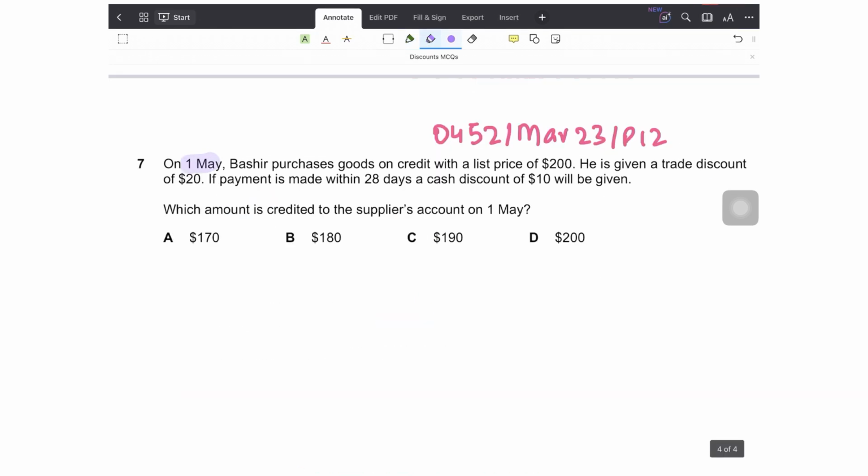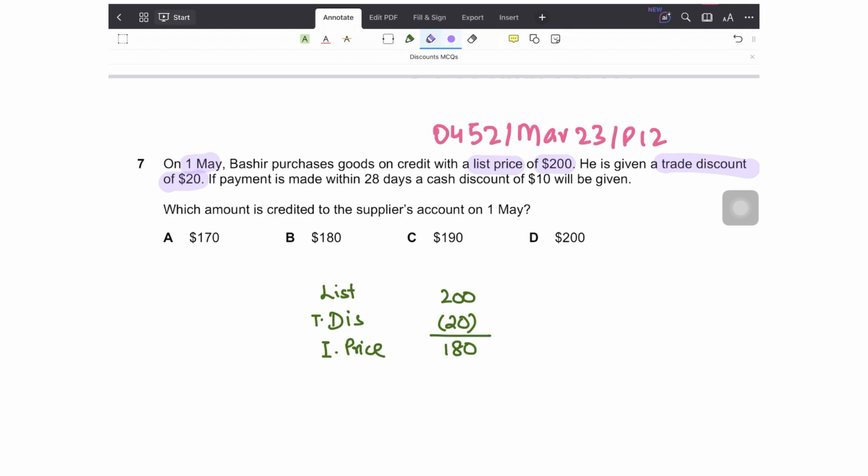See, moving forward, on 1st May, Bashir purchases goods on credit with a list price of 200. This list price is basic price or the retail price. Now, he is given a trade discount of $20, right? So let's calculate the invoice price. The list price was 200. Then he was given a trade discount of $20. This means that the invoice price is